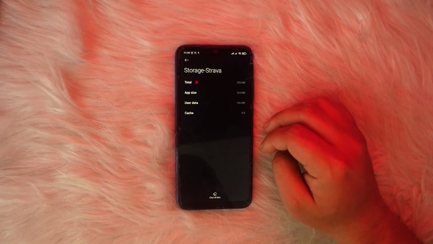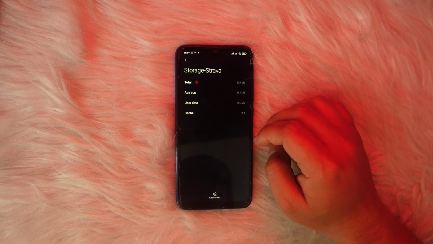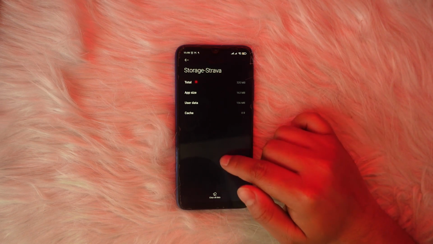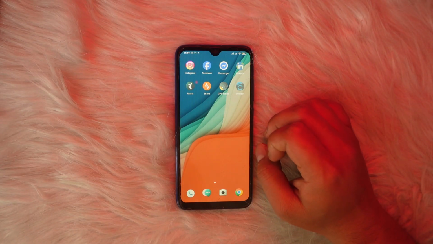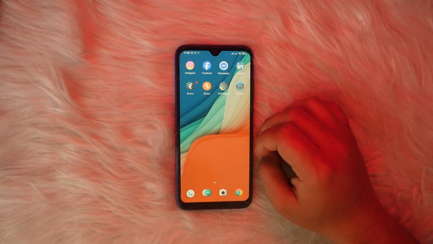Now by alone doing this, you should be able to fix this issue, but however, if you're still having issues with it, what you can then try out is try to uninstall the Strava app from your device and then again re-download it. Any sort of bugs which may be causing the issue should be immediately fixed once you do